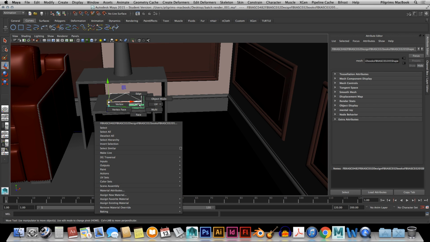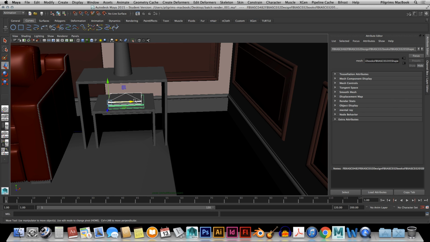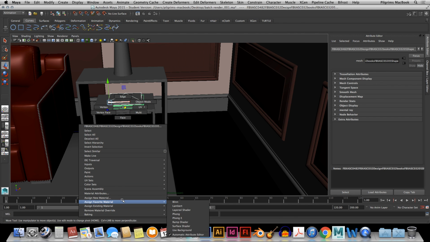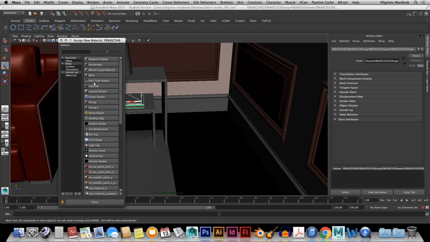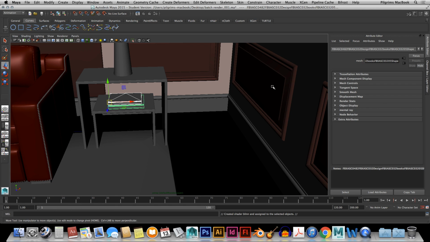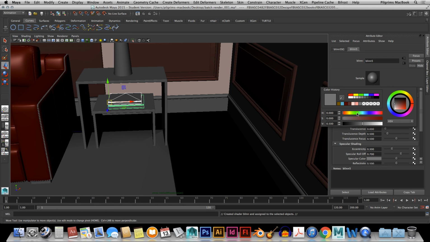Oh, these two are the books. Object mode. Assign new material. Blend. We'll change the color to